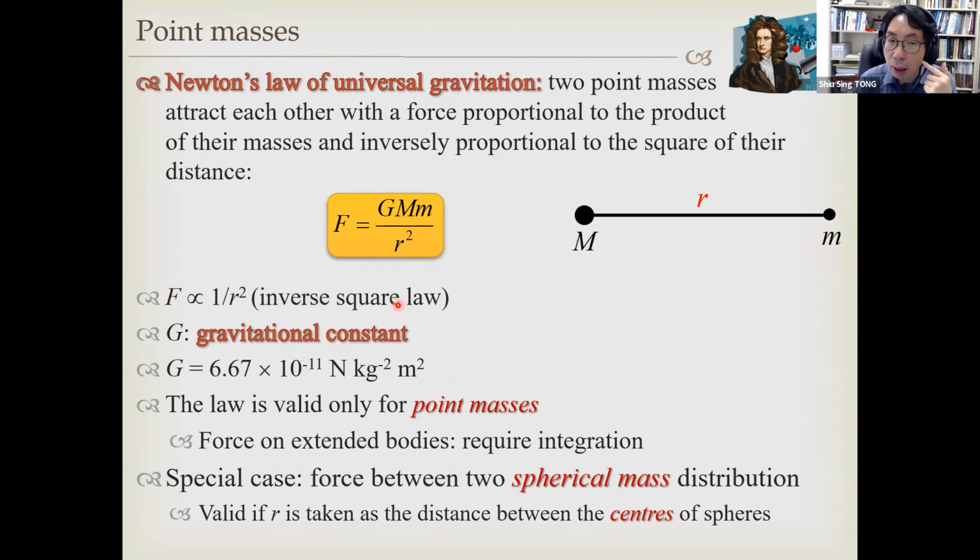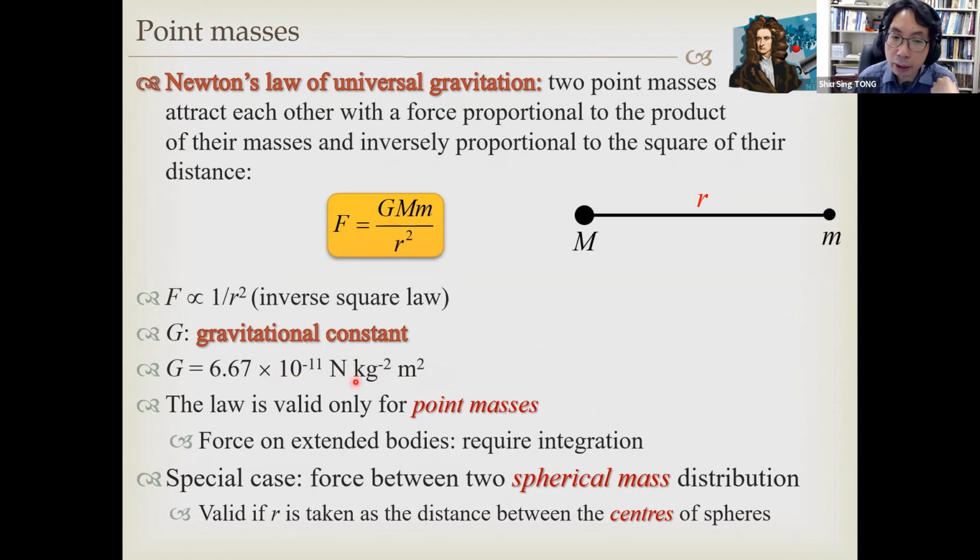When the distance is doubled, because of the square, the force decreases by 4 times. If the distance is tripled, then the force will decrease by 3 squared, that is 9 times. And G is a constant called the universal gravitational constant, and it takes on such a value